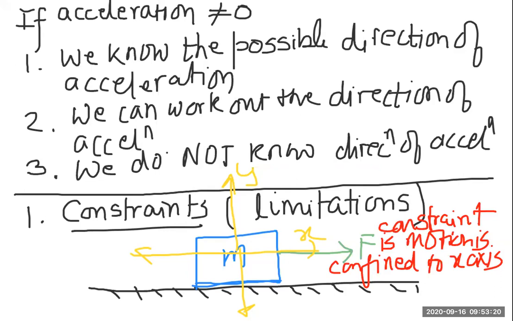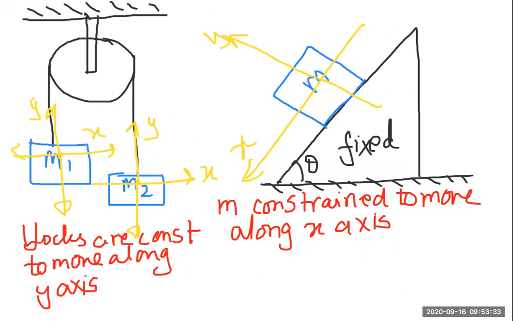Can you tell us where the object will move? Can you conclude where the object will move? Yes, we can conclude that the object will move along the x-axis. If I give you this problem, can you tell us where the object will move? Yes, M1 and M2 are going to move along the